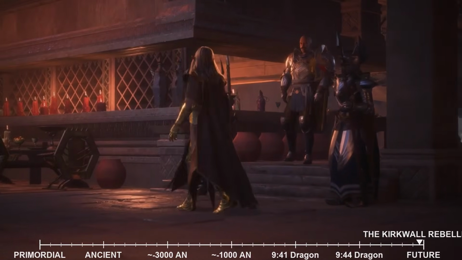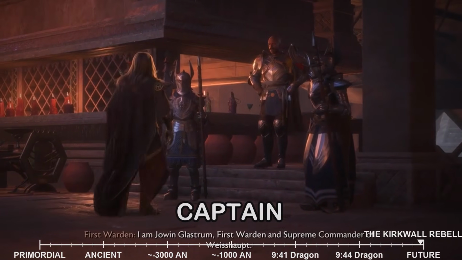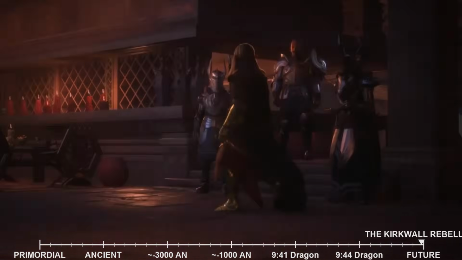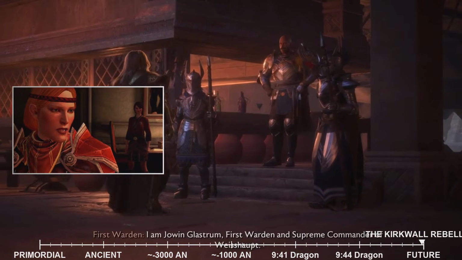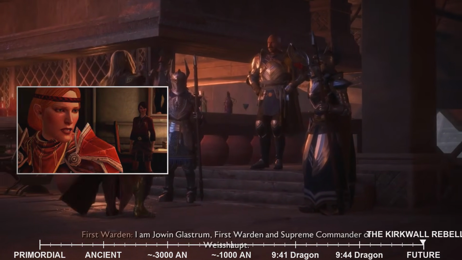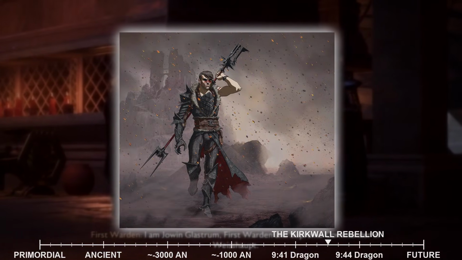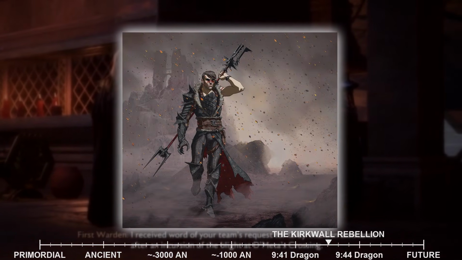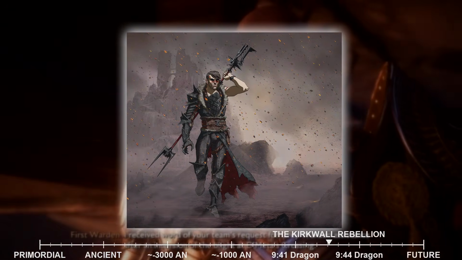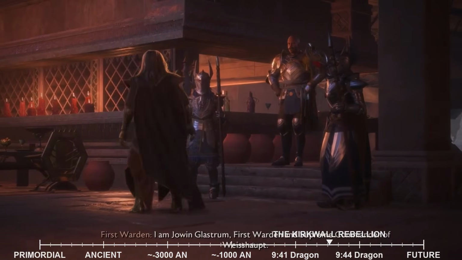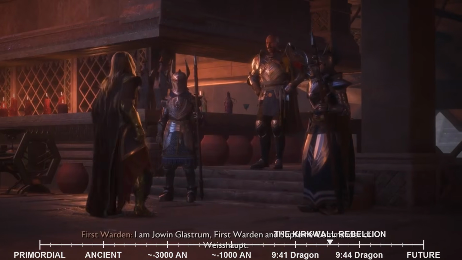Their efforts culminated in Aveline's promotion to captain of the Kirkwall City Guard, a position she would hold with distinction, bringing a much-needed sense of order and fairness to the often chaotic city. Aveline's rise was a testament to Hawke's ability to identify and empower capable individuals, further solidifying their influence within Kirkwall. As Hawke's reputation grew, so too did their involvement in the darker aspects of Kirkwall's underbelly.